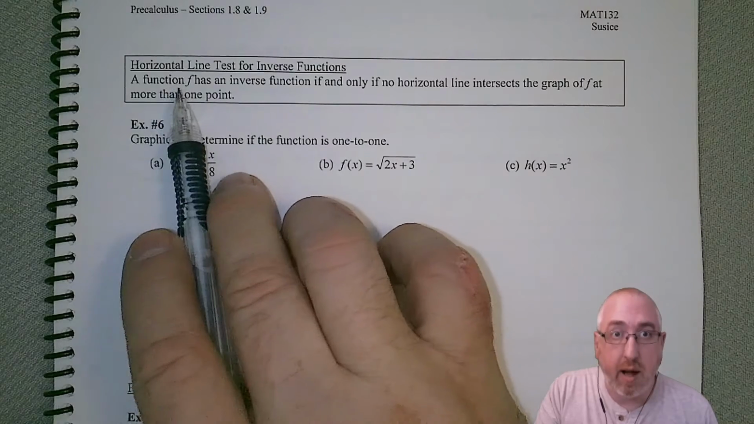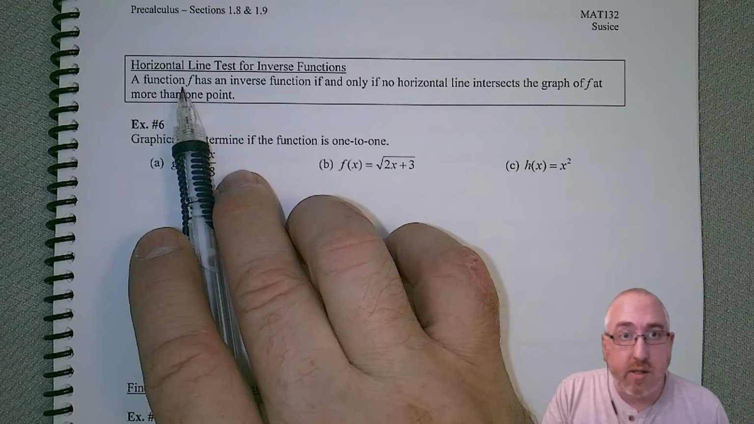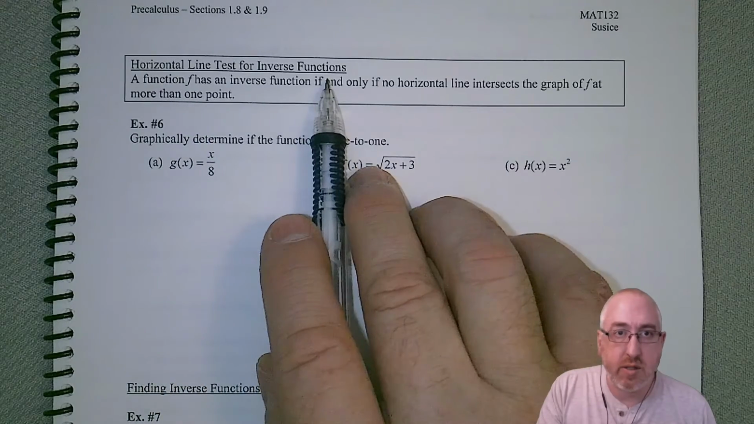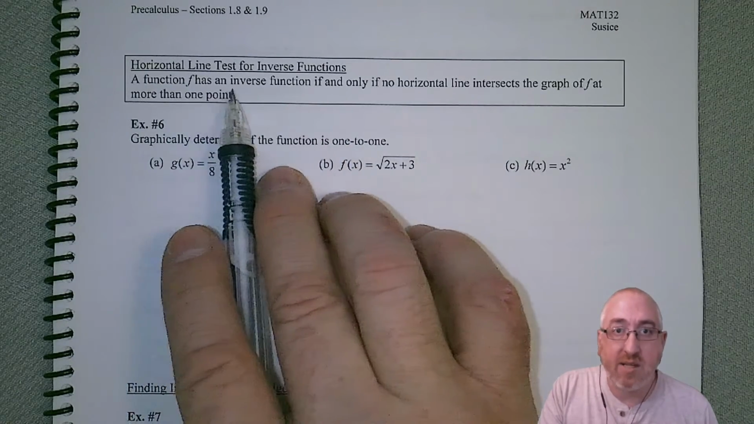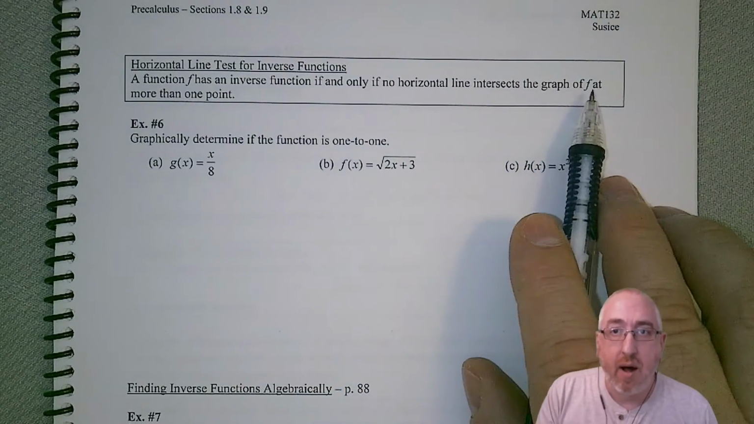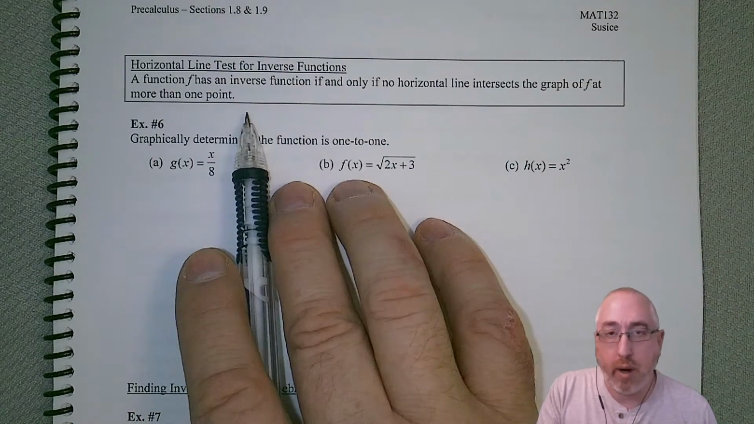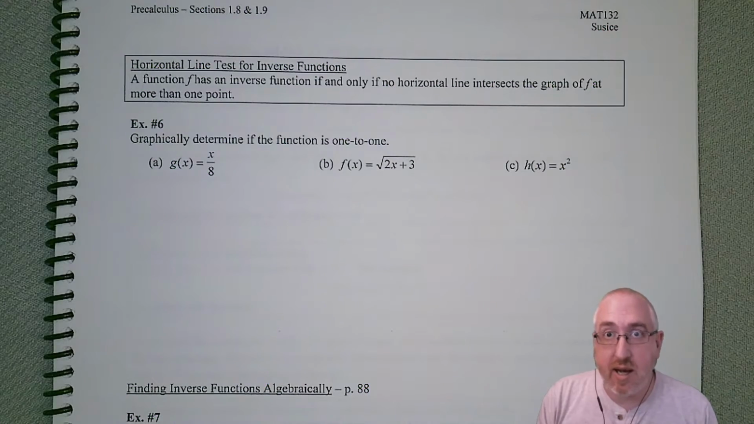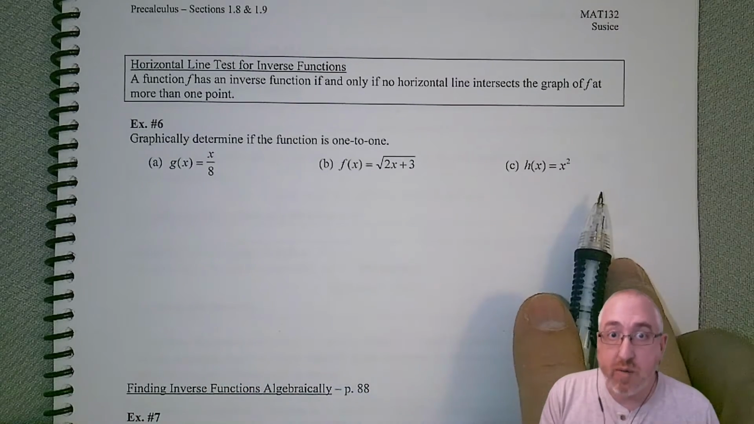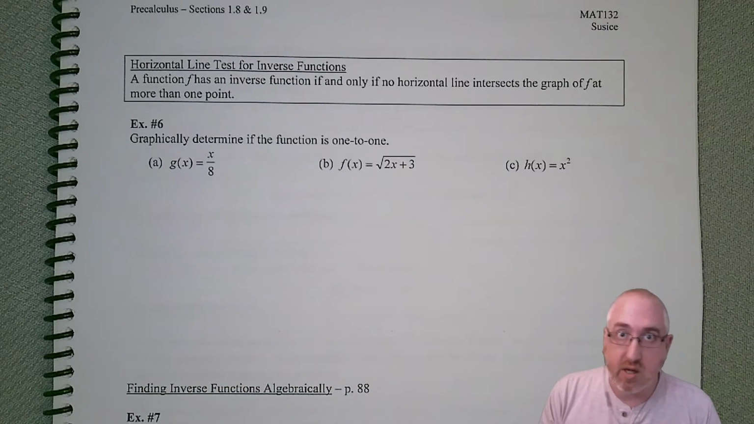If we take a look at our next test here, we have the horizontal line test for inverse functions, which says a function f has an inverse function if and only if no horizontal line intersects the graph of f at more than one point. So this is a nice, easy test to verify that your function has an inverse or not. And if you'll notice, we already did these examples previously, and we did it algebraically, but let's just confirm that it's true